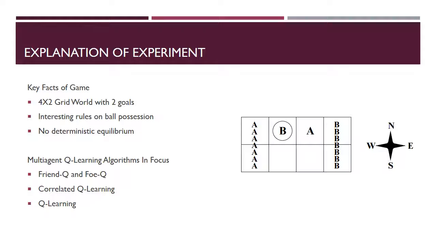So this paper used this particular game because of its lack of a deterministic equilibrium and the fact that Q-learning will fail to converge. But the correlated Q-learning algorithms, there's 4 different ones, but in this particular paper they focused on utilitarian, and 2 others, FriendQ and FOQ, will converge. My goal was to see whether I could reproduce these converging behaviors.